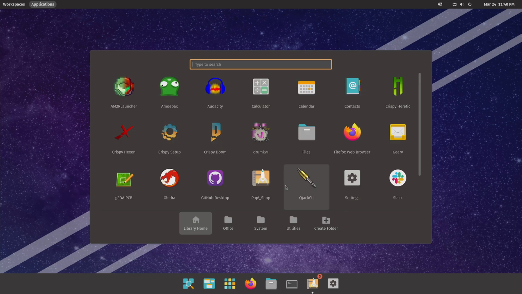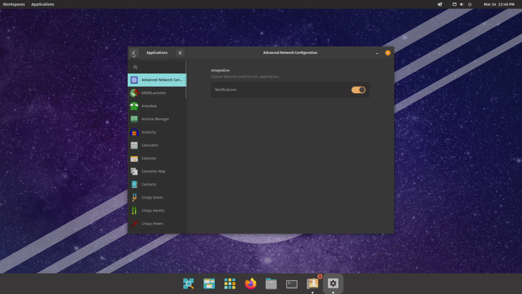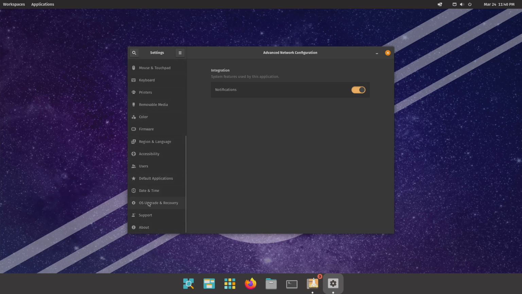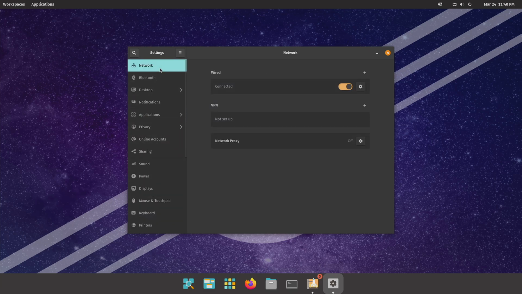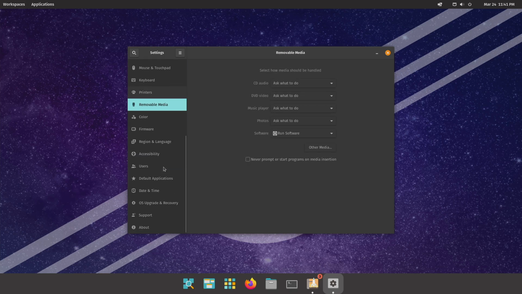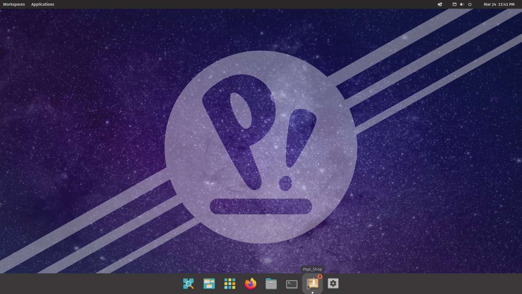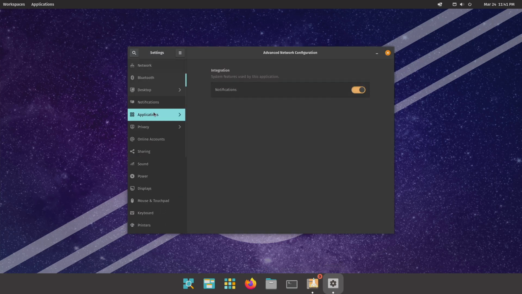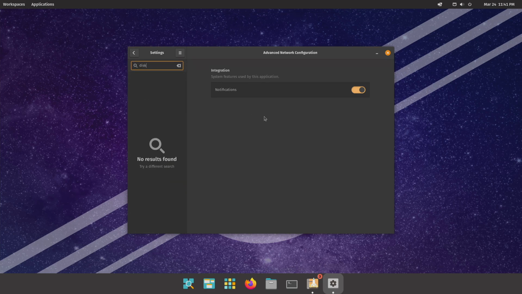I actually might need to dive into the CLI here in a second because I'll need to mount my NFS share. Let me see if I can do that via the interface here. So we're gonna go to network. I actually have no idea where to go in the interface in order to mount a drive. Well, I would probably need to go to disks, right? But the average user wouldn't know that because there's a disk utility, but the average person would definitely not know that. So I would have to search and say disk